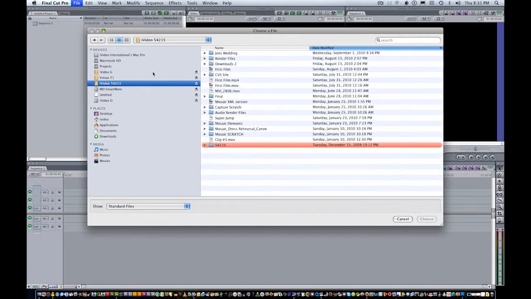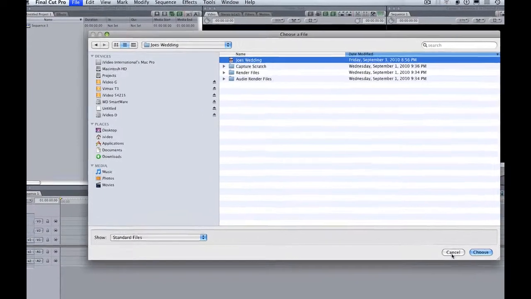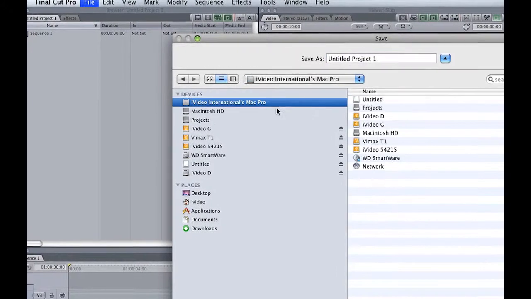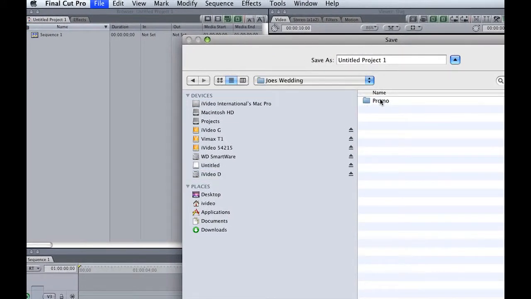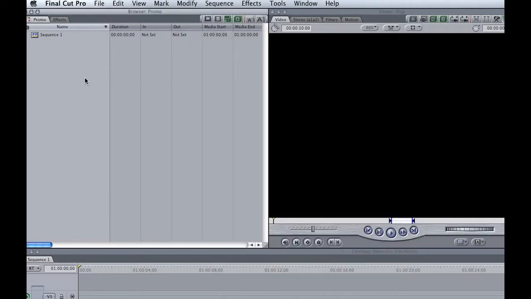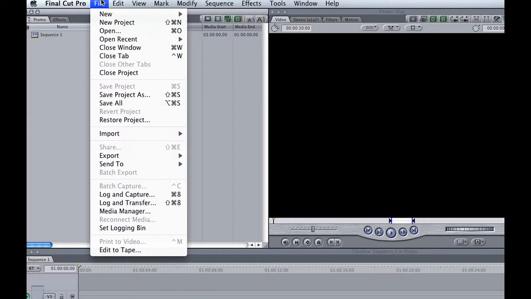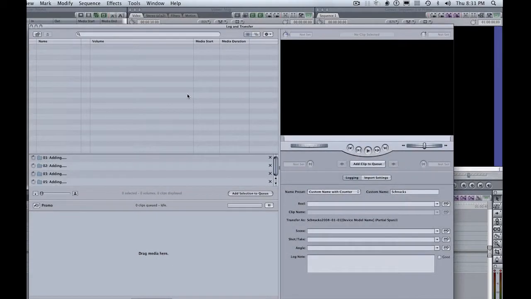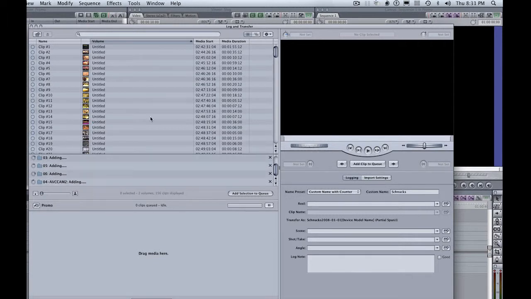Alright, so what I'm doing here, I'm in Final Cut. I gotta basically create a new project. I'm gonna File, Save Project As, I'm gonna save it in here as promo. I already saved the project, so I'm gonna just replace it here. So okay, now that I have this saved, the scratch disks are selected. I'm going to go to Log and Transfer. As you can see here,